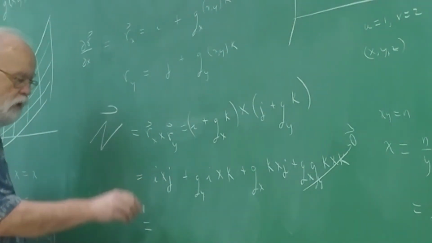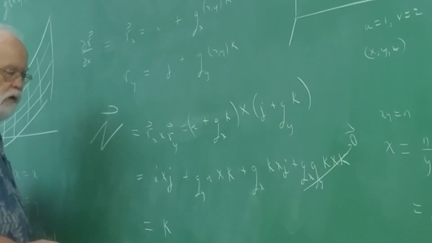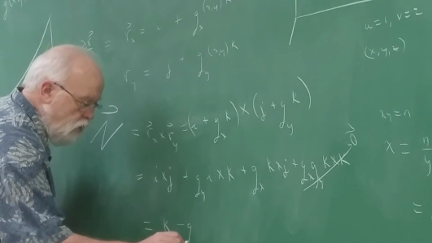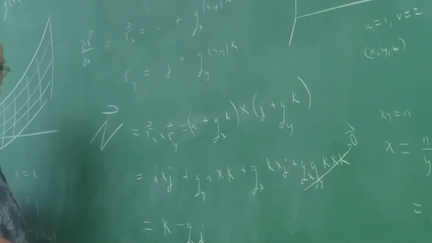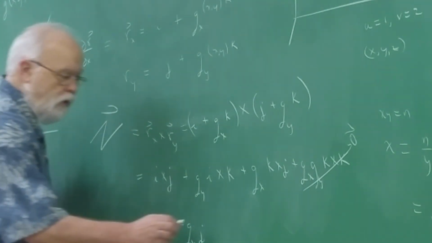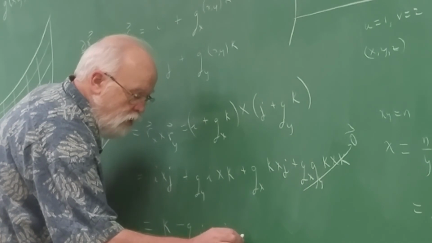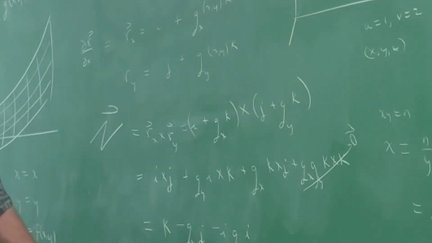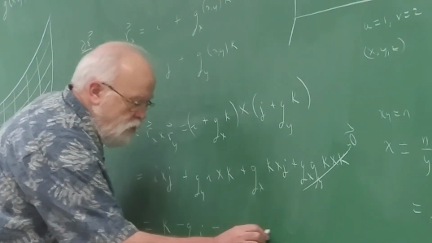So we get k, and I cross k is going to be negative j. And k cross j is going to be negative i. So all you need to do is just rewrite it, and I'll rewrite it in good old alphabetical order, you write the i in front. So equals